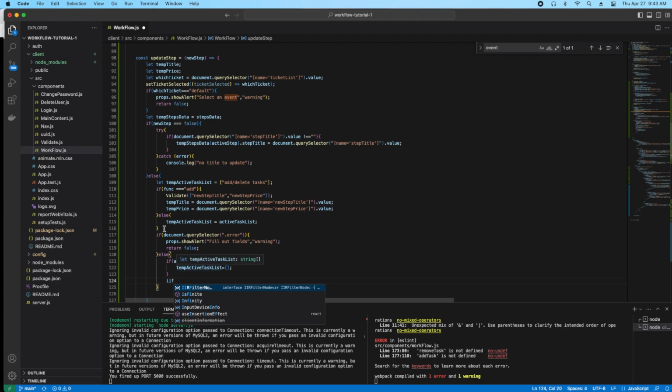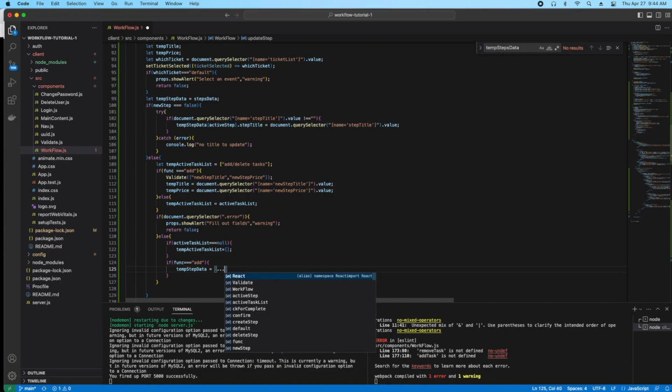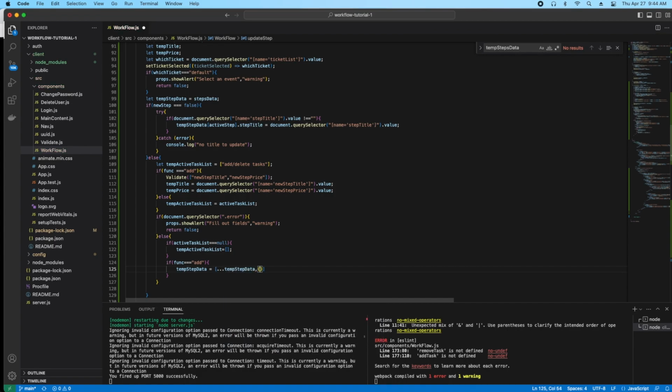Now, if there's not an error and they did fill out both these fields, we're going to move forward. As long as the active task list is equal to null, it means there's nothing in there yet, so we're just going to make it empty. We're also going to determine what function we're using. Are we using delete or are we using add? If we're using the add function, we're just going to use the spread operator. We've got our temporary steps data, and we're going to add more to it, a new iteration to this object,